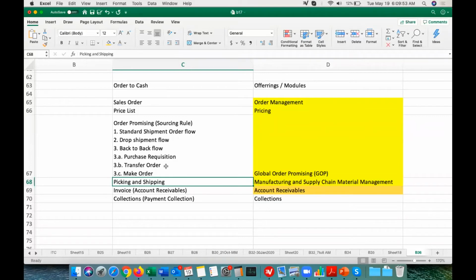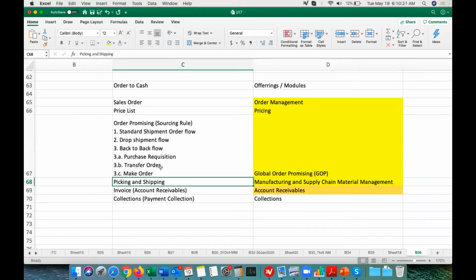So what they will do is send a request to the Mumbai organization to send that material. So from Mumbai, they will create a transfer order, or from Chennai, they will request a transfer order. So the material will be sent from Mumbai to Chennai inventory, and from the Chennai inventory, they will ship it to the customer, or they will deliver it to the customer. That particular flow is called a back-to-back flow, and the specific subflow is called a transfer order back-to-back flow.